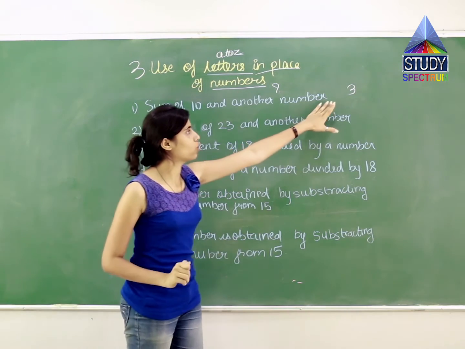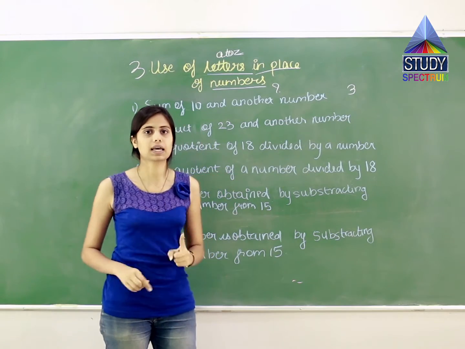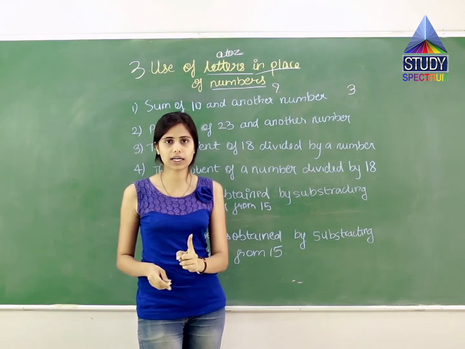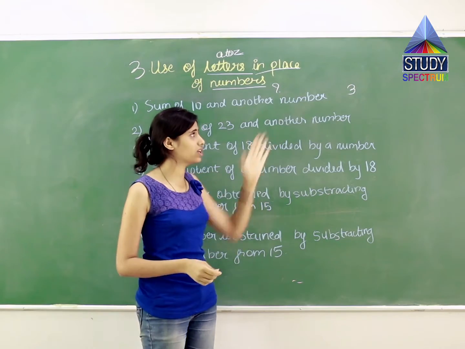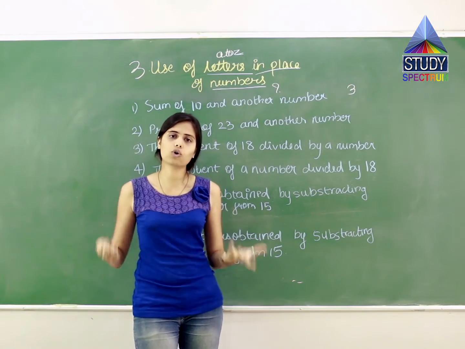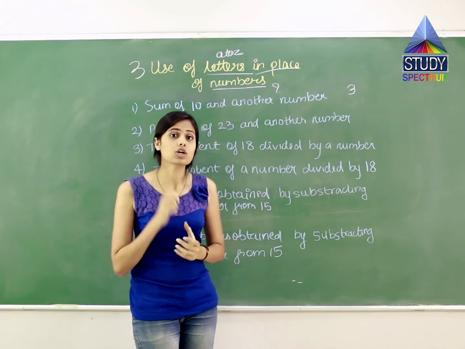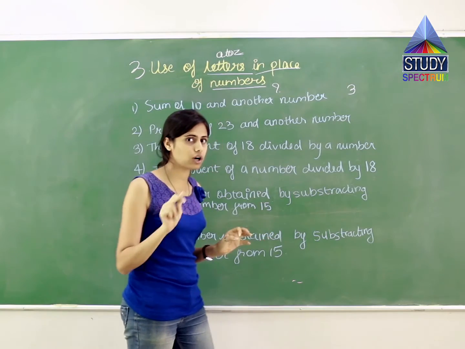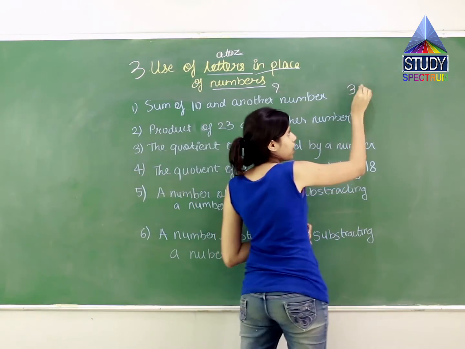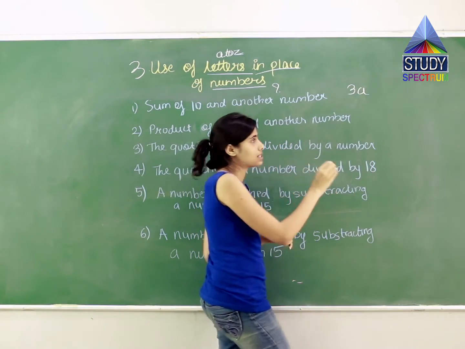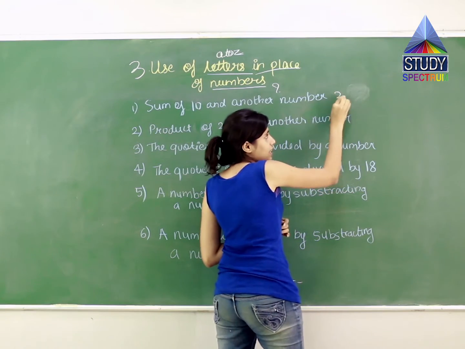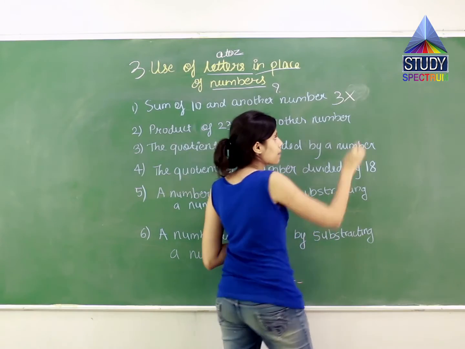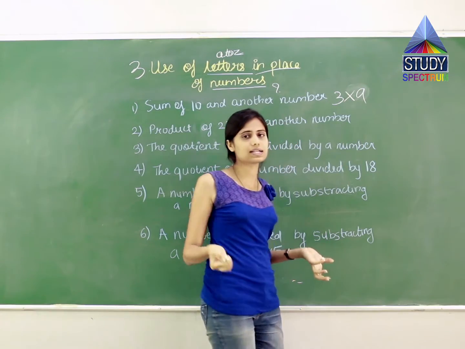Over here, I know that the price of one pencil is 3, but I don't know the quantity. In the previous example, I knew the quantity, that I brought 3 pencils. But over here, I brought a box, and I don't know how many pencils are in that box. So let us assume there are A number of pencils. A, it's not 8, I am saying it is A. A number of pencils means 3 into the number of pencils. Instead of the number of pencils, I am writing A because I don't know how many pencils I got.